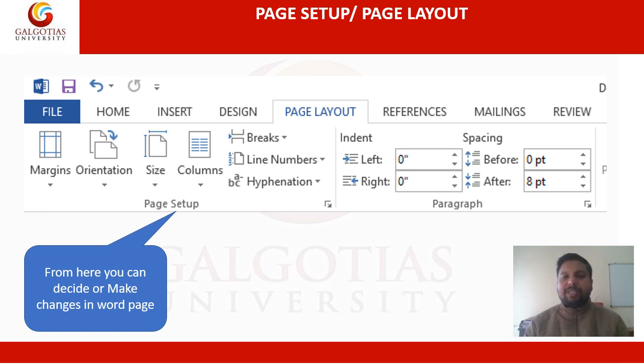I am giving this example just to understand what landscape and portrait are. Portrait means the height of the paper is higher than the width, and landscape means the width of the paper is higher than the length. We can change it from the options given in the orientation tab.